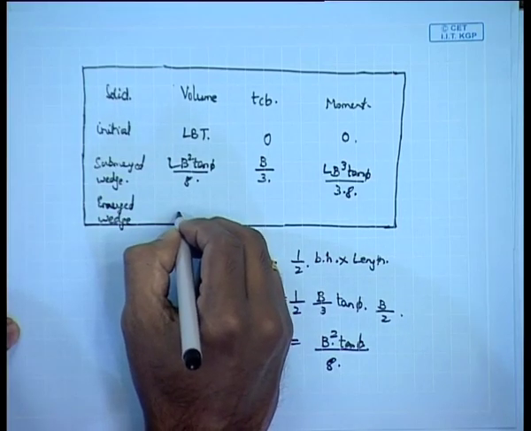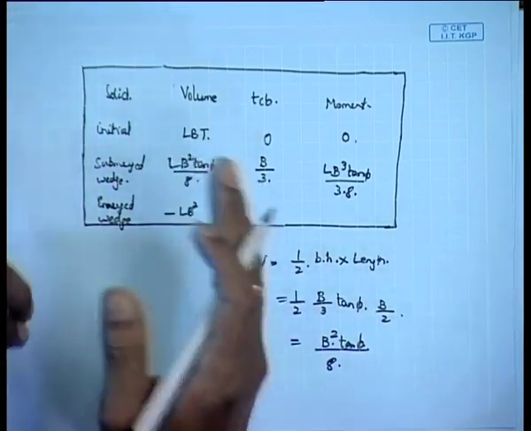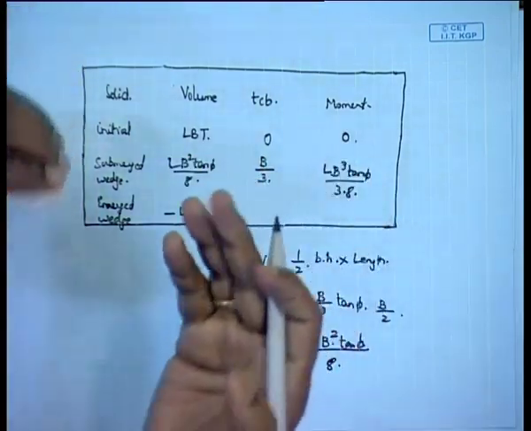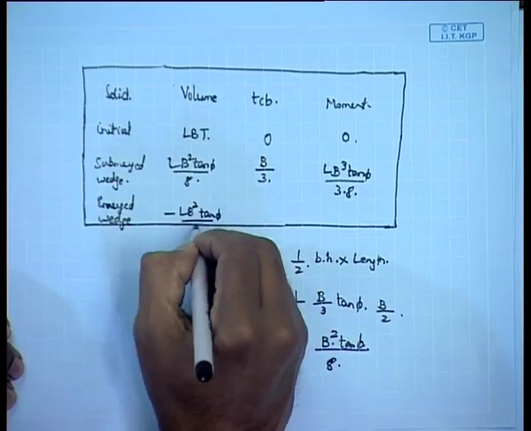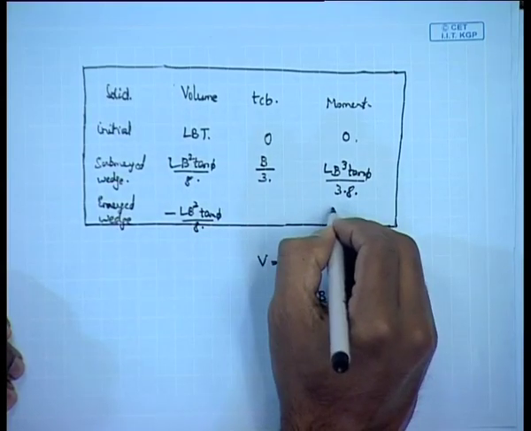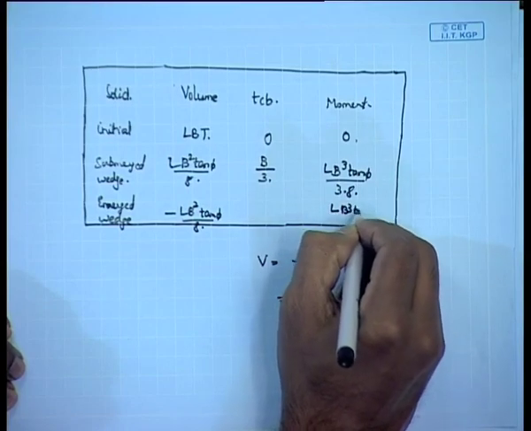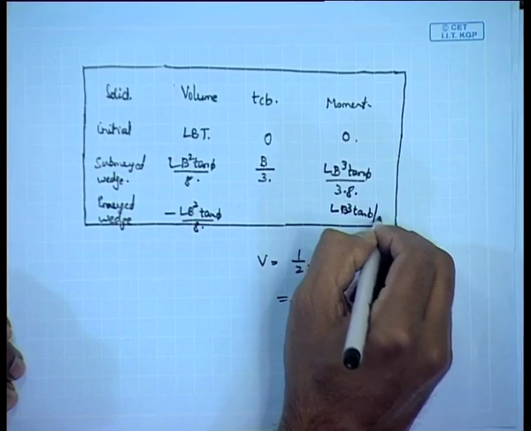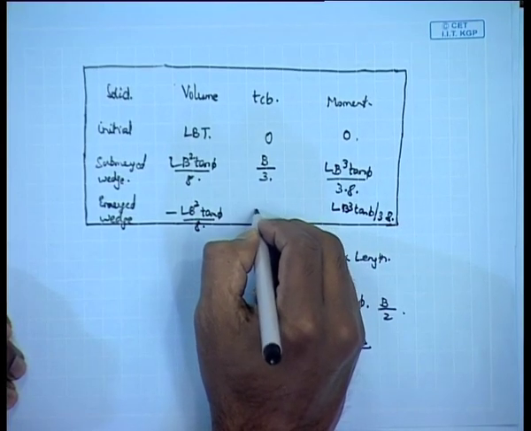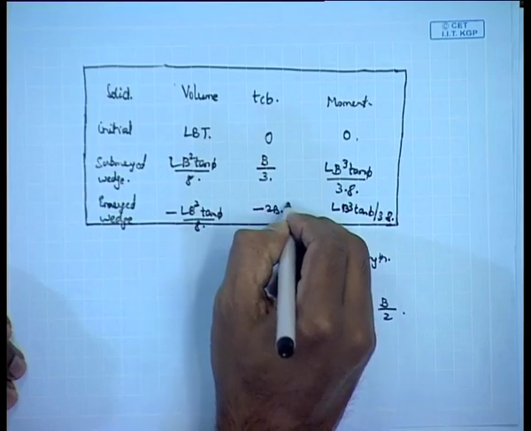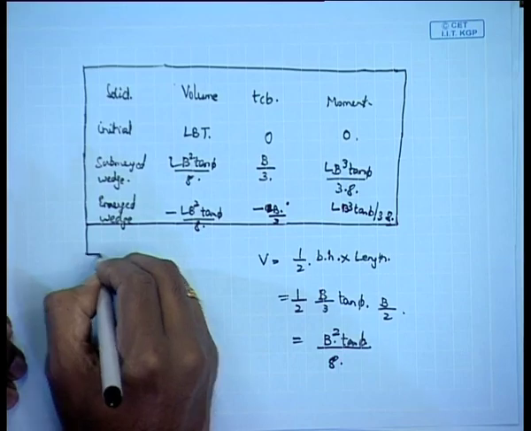For that, the volume is just the negative of this, whatever is submerged is equal to whatever is emerged. So, minus L b square tan phi by 8, and the moment is the same, L b cubed tan phi by 3 into 8, and this is also the same, minus 2b into b by 3, which is minus b by 3. So, for the total